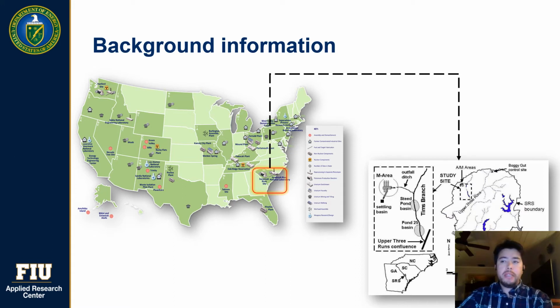So which brings me to my case study research area. Here I've highlighted Savannah River Site. This is a 300 square mile facility. It's owned by the Department of Energy. It is located in Aiken, South Carolina. And the history behind Savannah River is that during the World War II Manhattan Project, large volumes of nuclear waste were generated. So it was considered to be one of the major processing facilities during the Cold War where plutonium was enriched. There are many branches in DOE, and I'm currently conducting research for the DOE's Office of Environmental Management.